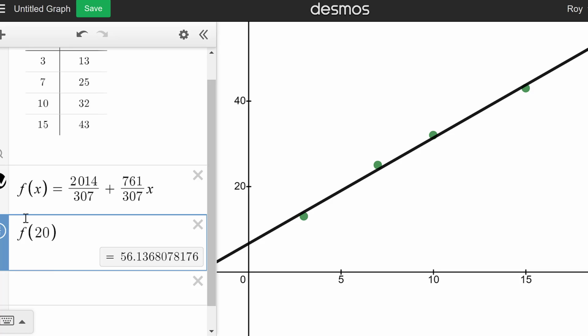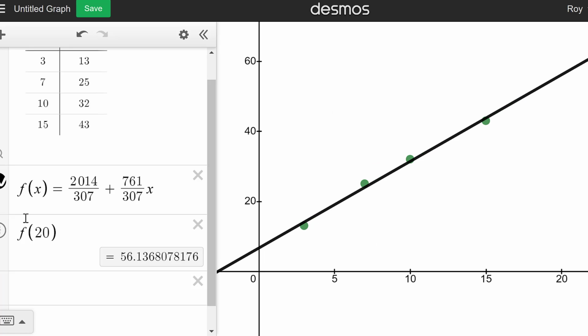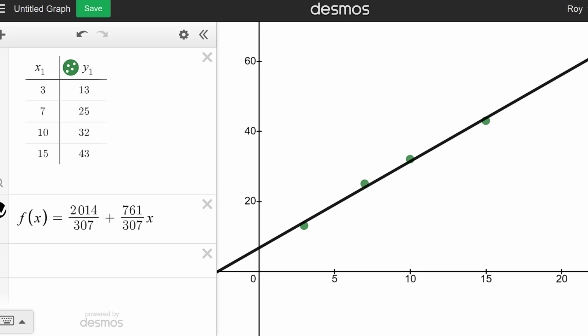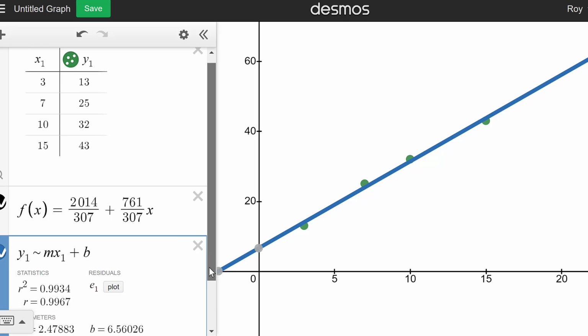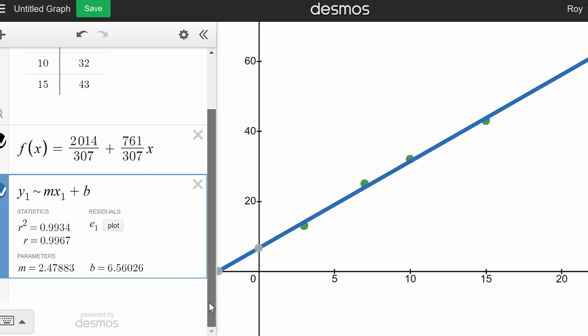Another thing that I want to mention here before I escape from this video is that you can double check that your work is correct by having Desmos show you the linear regression line. The way you do that is you type in y sub 1, because it's the output variable that Desmos has seen, is approximately, that's the tilde, m x sub 1, x sub 1 because that's your input variable, plus b. Notice that Desmos gives you a lot of other information. M is 2.4883, B is